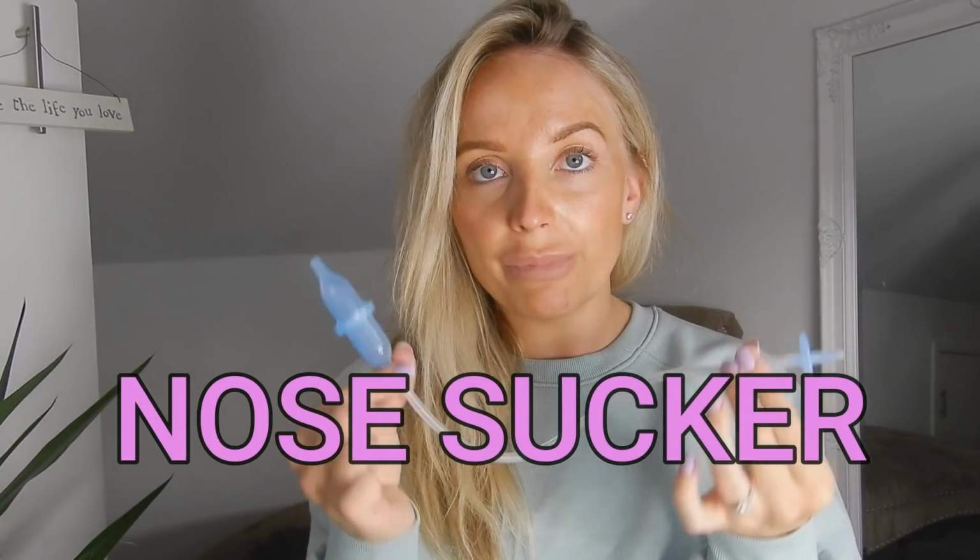So it's to suck babies' bogies out of their nose. You put this little tube into the baby's nose, and then you suck here. And obviously in this little compartment it stops the bogies coming all the way through, so you are never ever going to actually suck a bogie into your mouth. So it's really easy to use. You pop the little tube up the baby's nose, give it a good suck, and it just sucks the baby's